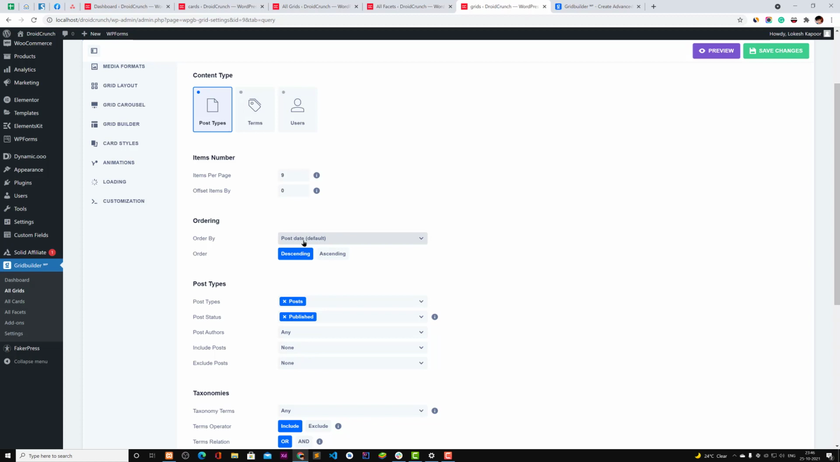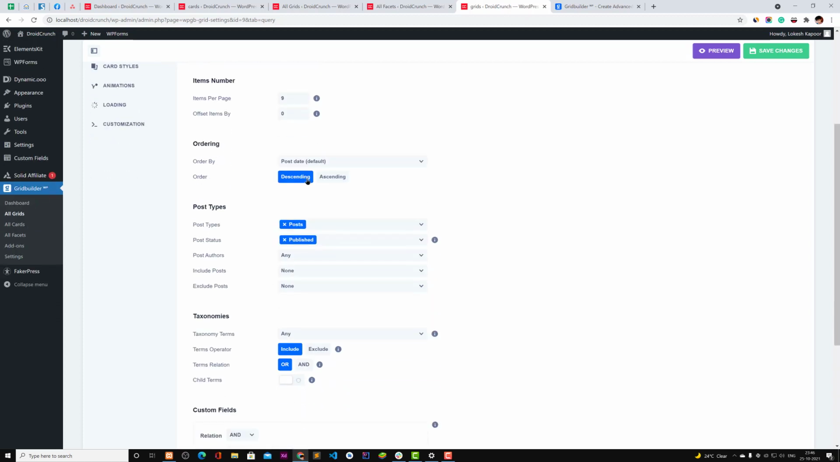And then you have some ordering, like how I want to order the grid, and the order by descending or ascending. And the post type you can choose, like by default it's post. If you have more post types, like writers, books, events, stores, or any kind of post type that you have created and you want to show them, then you can just remove the post and use that custom post type. And then you have post status,